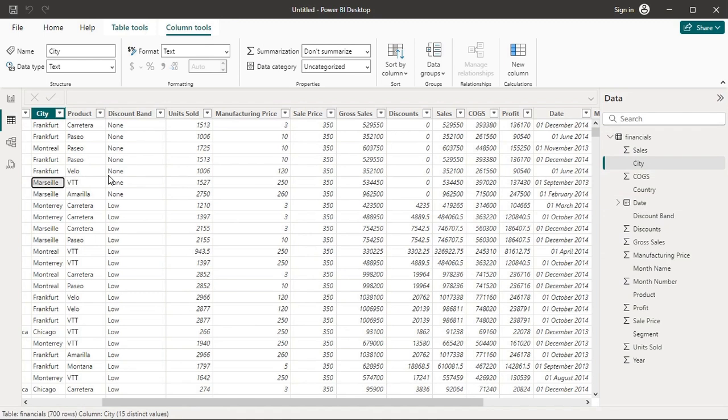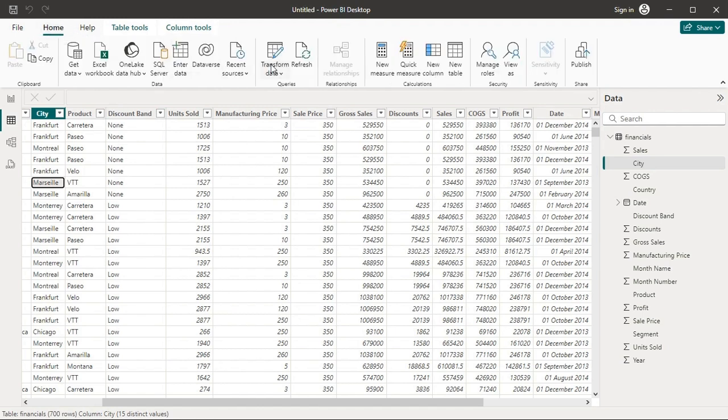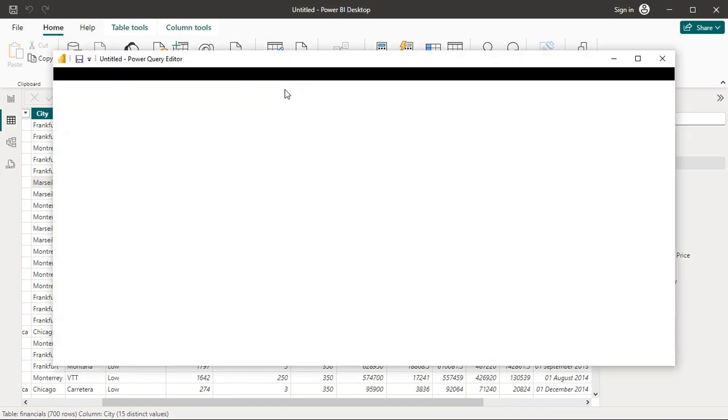Now we transform our data. We can open the Power Query editor. Under the home tab, we click on transform data. This opens the Power Query editor.